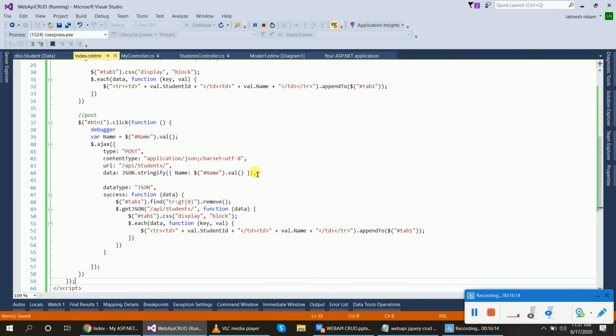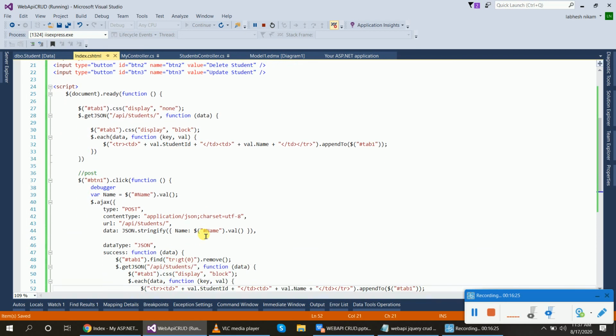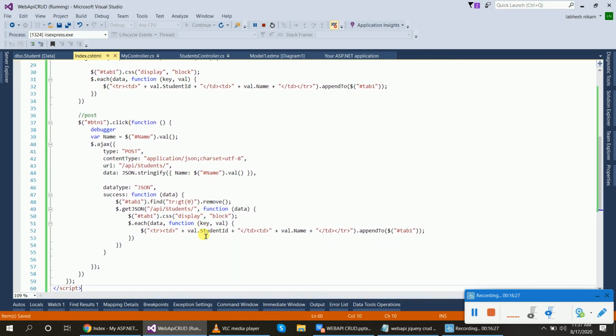There is ID btn1, and the btn1 dot click function I have written here. To save the data, there is only id and name, and the id property is auto implemented, so we have to add only the name property. So we have created one variable, name equal to dollar id of the name dot value.